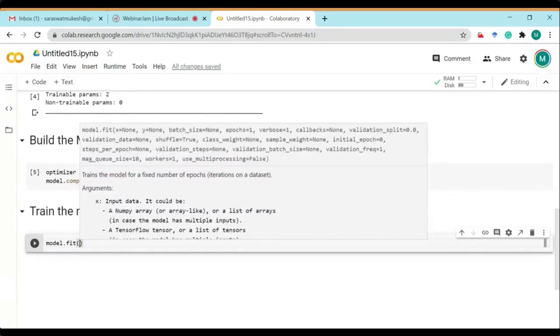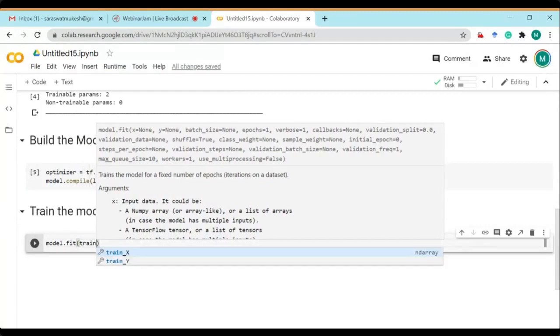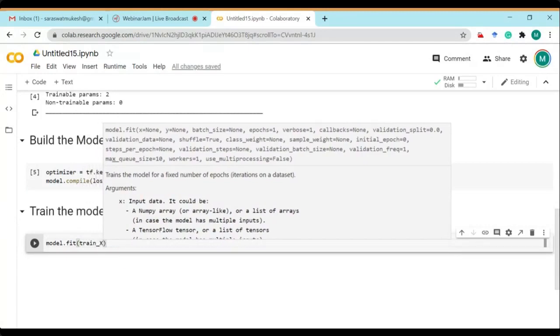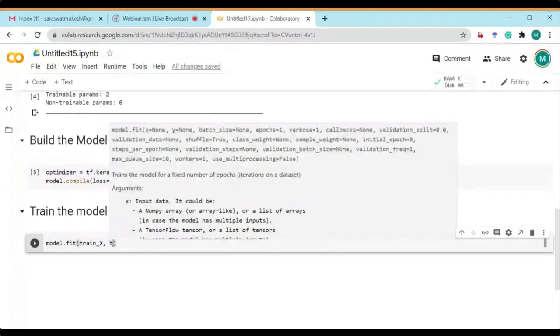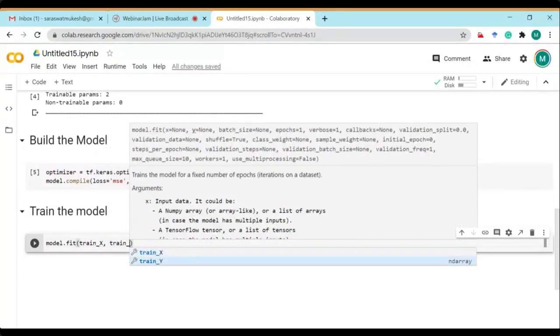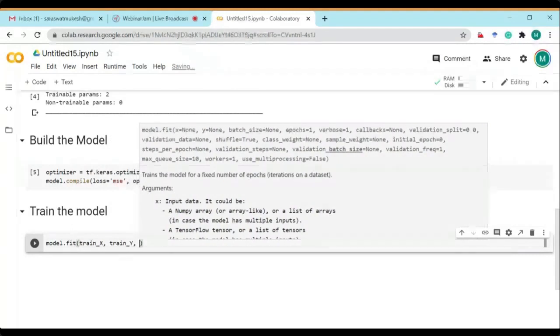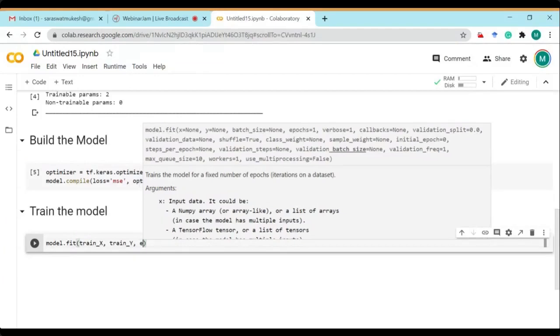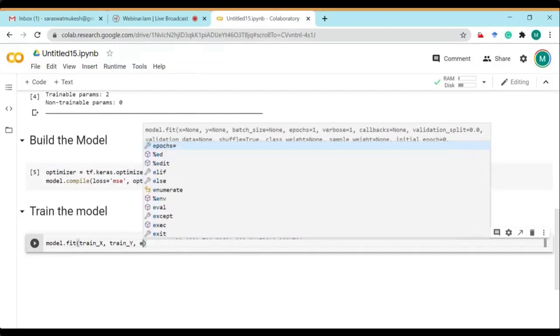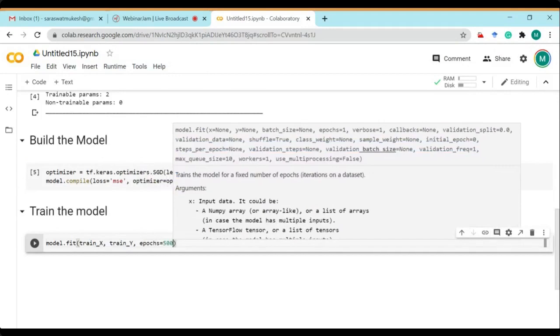We have to supply the training data, which we have already defined as train_x, and the corresponding labels, train_y, and then the number of epochs. There are other parameters you can go through also. Let's take 500 epochs.